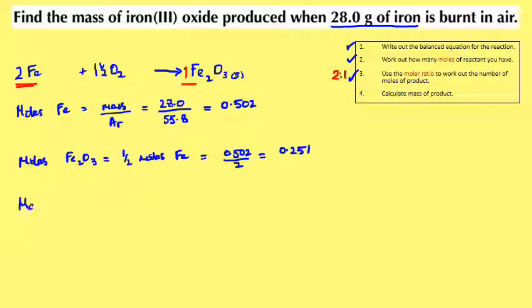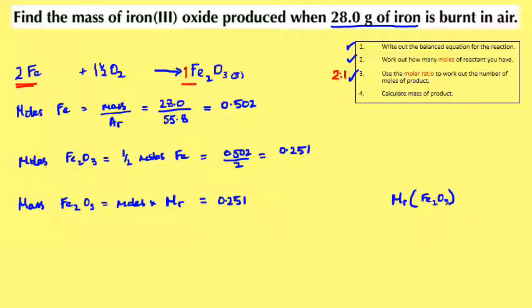So the mass of the product, which is Fe2O3, the formula for that is a rearrangement of our earlier formula. So that's going to be moles times Mr in this case, because we've got a compound. It's a relative molecular mass, or relative formula mass in this case, it's ionic. So moles is what we just worked out, 0.251, and Mr, let's just go over here to work out Mr